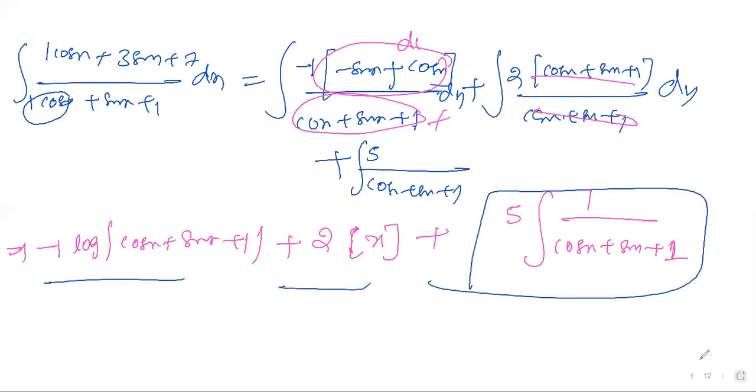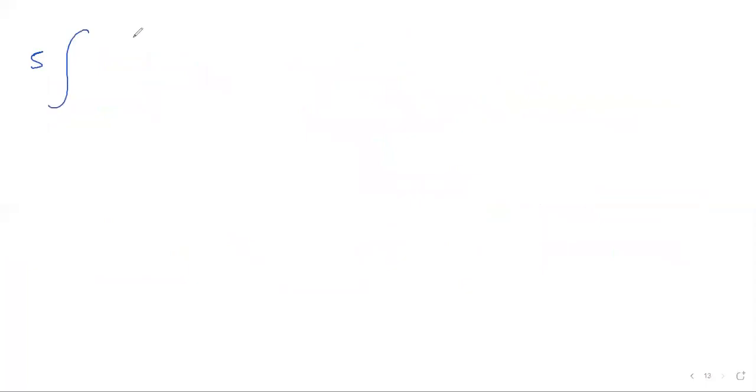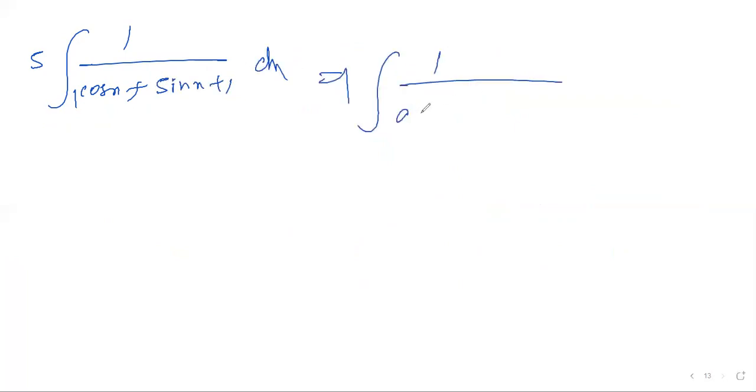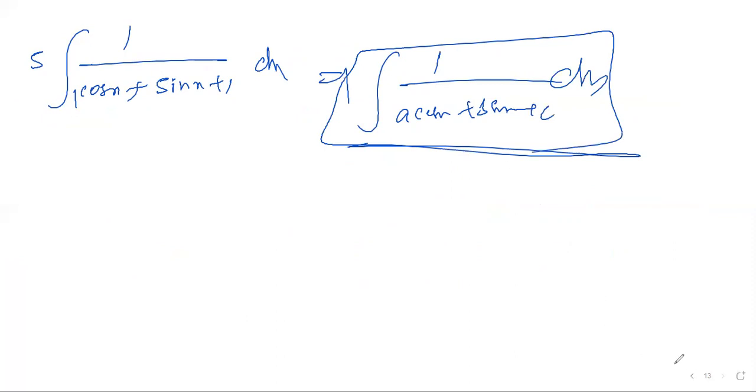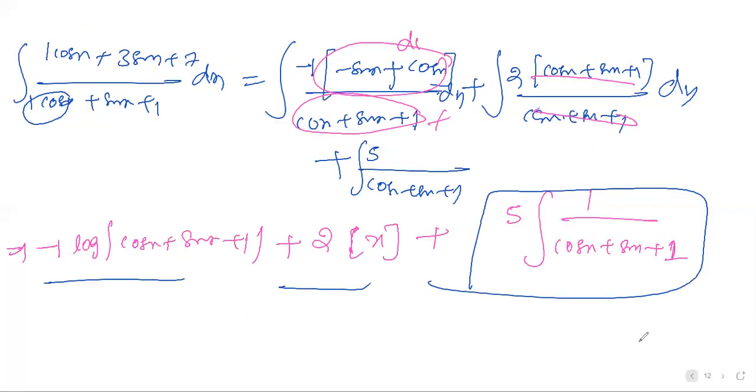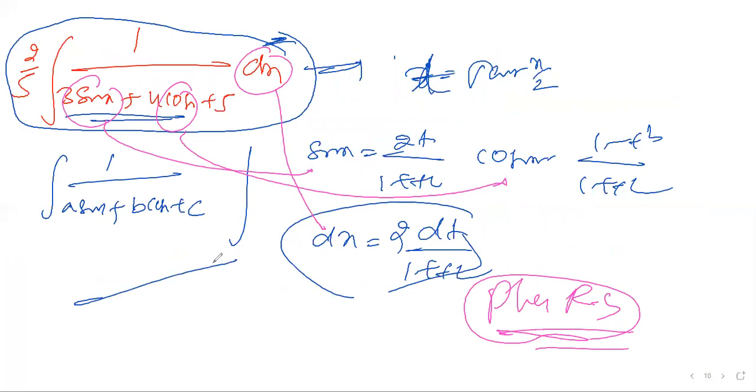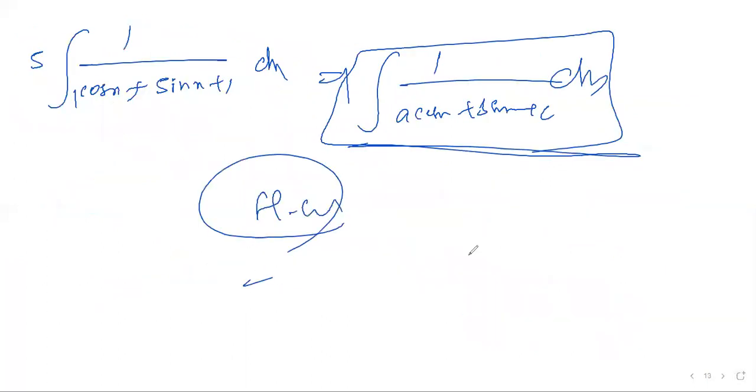This question you can take as a separate question. Now 5 you should take common, integration of 1 by (1 cos x plus 1 sin x plus 1). You will see this question looks like the previous one I told you, 1 by (a cos x plus b sin x plus c) into dx. You already know this; the previous problem's method should work. Let us try to show that also. So like this, you start and continue the rest of the part. I don't want to do the entire thing. Okay, this is the homework part you can do.